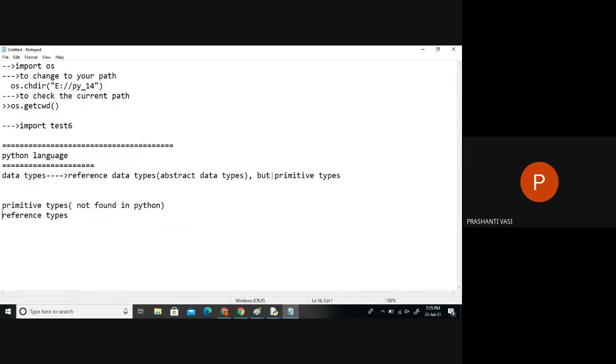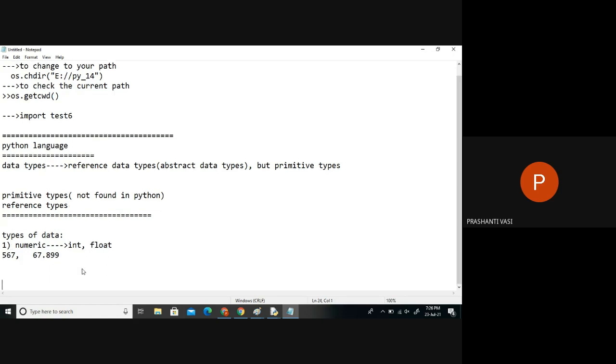And what are the different reference types now? There are different types of data in Python. So the types of data found in Python: the first thing is numeric type. In numeric, there are two categories here, int and float. Either a purely integer value or one with a fractional value, with decimal precision. When you write just like this, it's an integer. When you write with a decimal precision, it is a floating value. So these are the two numeric types of data.